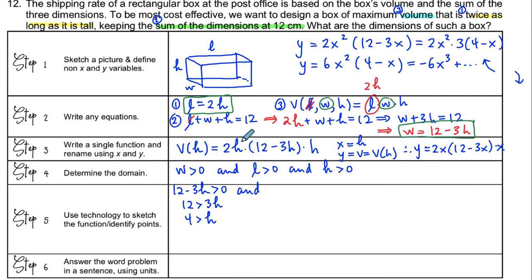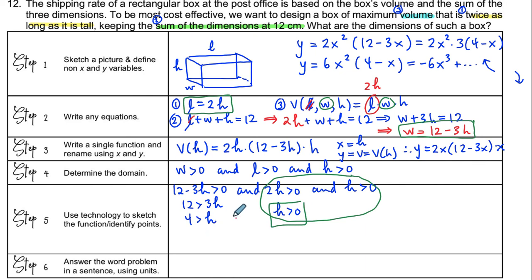And we also get that L, which is 2H, must be greater than 0, and therefore H must be greater than 0. And the last one, H must be greater than 0, says the same thing. So we can condense these two statements into one statement that says H must be greater than 0. And we have that 4 must be greater than H, and H must be greater than 0. If we plot those values on a number line, if this is my H number line, and keep in mind that H is now equal to X because we renamed using X and Y,